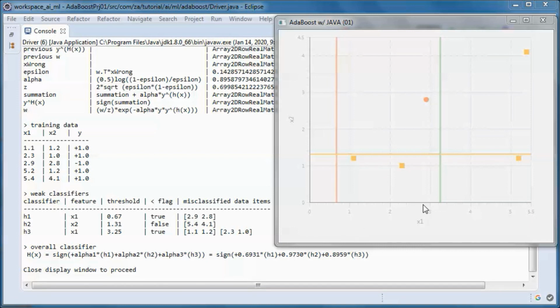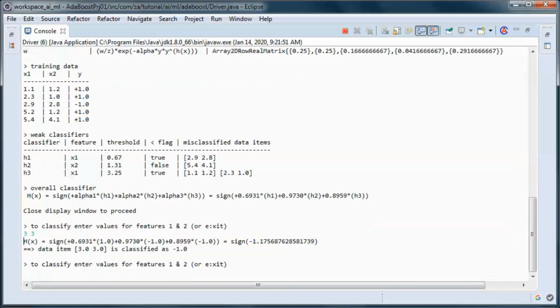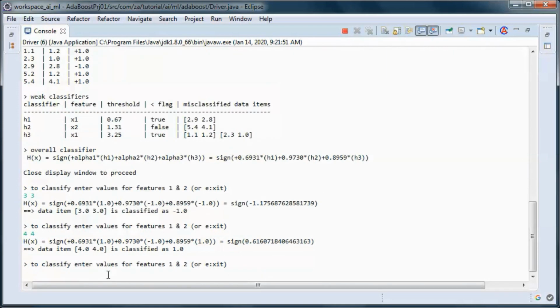And let's try to classify a couple of data points, so maybe 3 and 3 and 4 and 4. So this one was classified as -1, and this one as +1.